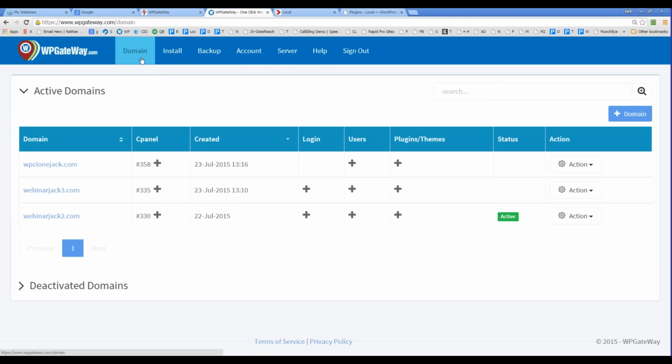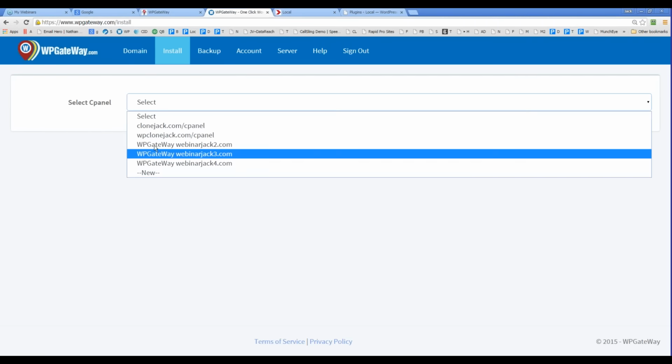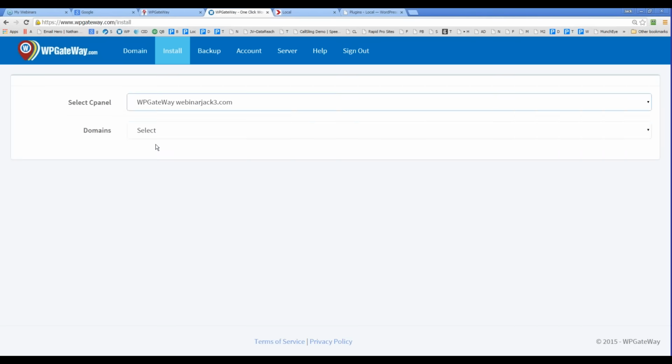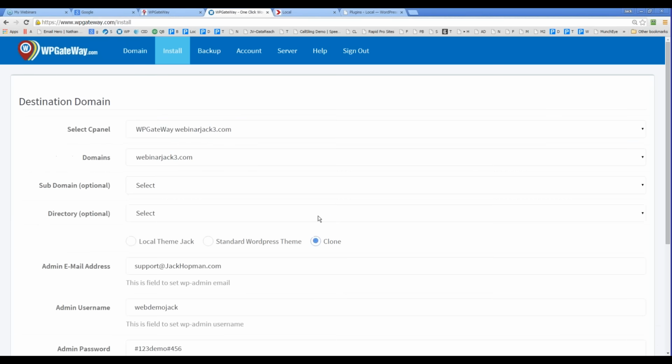When you do an install, you select the cPanel or you add the new one. Select the domains. Now you can choose a subdomain. Now you have three options. I want to install a local team jack site, I want to install a standard WordPress site, or I want to clone this website to a new one, to